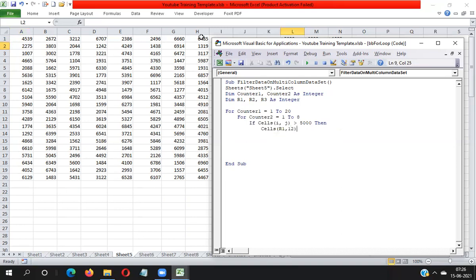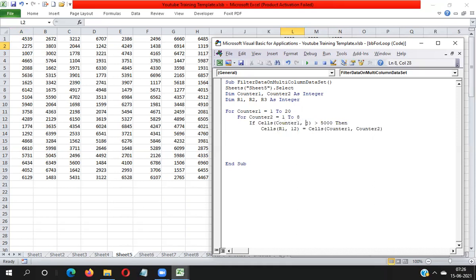I need to place the value on the basis of the condition, more than 5,000. And what value needs to be placed? Not i comma j value. Here I need to put cells counter 1 comma counter 2, and here I need to use counter 1 counter 2.